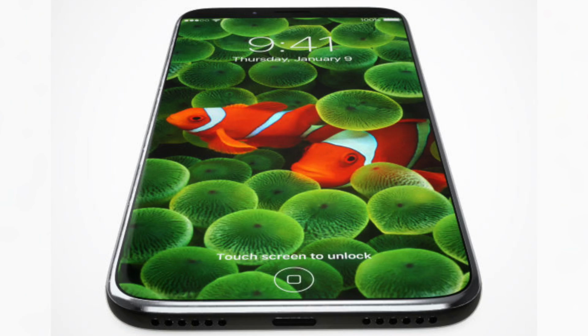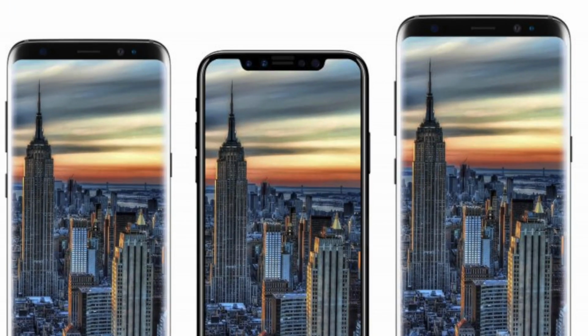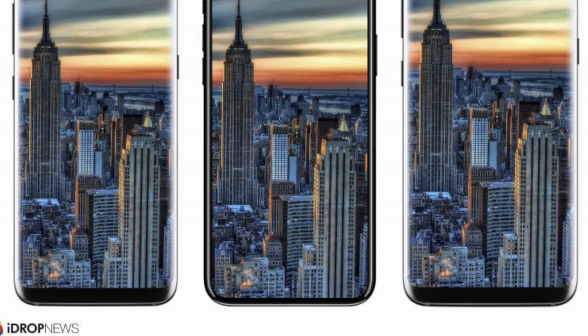Now, it's just so amazing how the screen kind of curves around at the bottom, so there's no chin or forehead on the entire device. On the Galaxy S8, there's a small chin and forehead, as you guys can see on this picture right here. But on the iPhone 8, the rumors are saying that it's going to be the entire screen, so that is going to be epic. The display is going to be awesome, and this is hands down going to be the biggest feature of the